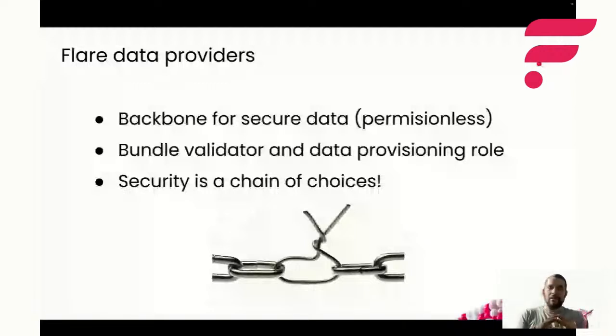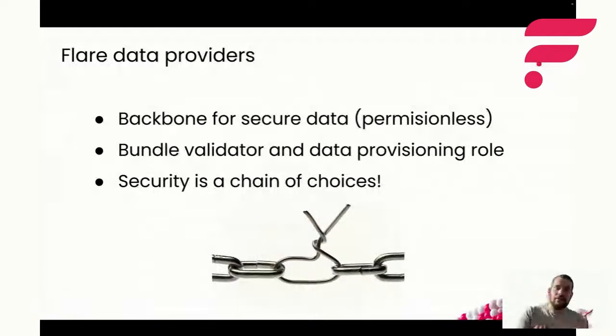That means that, again, as with validators on any other chain, the data providers are also permissionless. Anyone can be a data provider, provided that they get sufficient delegations, and we call this vote power. Anybody can be a data provider and a validator, and have a say, and must have a say, in what the correct data is, both in FDC and FTSO. And this sufficient vote power can be acquired by other people getting sufficient Flare, or staking it.